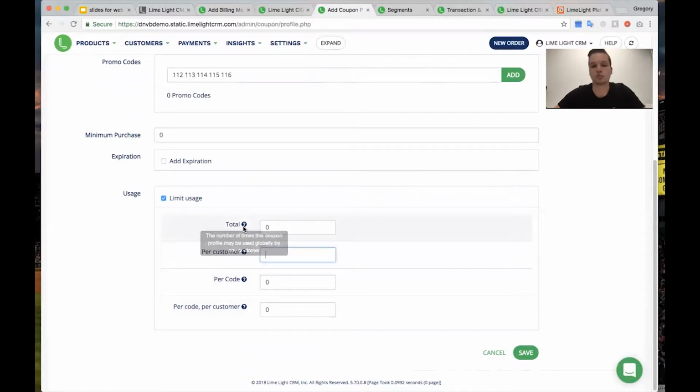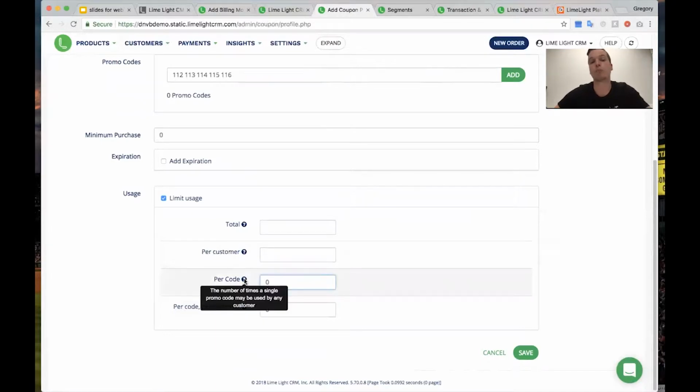So you'll see a tooltip that will explain, but total would be the number of times this coupon profile may be used globally. So are you limiting this coupon profile, or are you limiting the number of times each promo code can be used? So this would be your global promo code. So if I had a single promo code